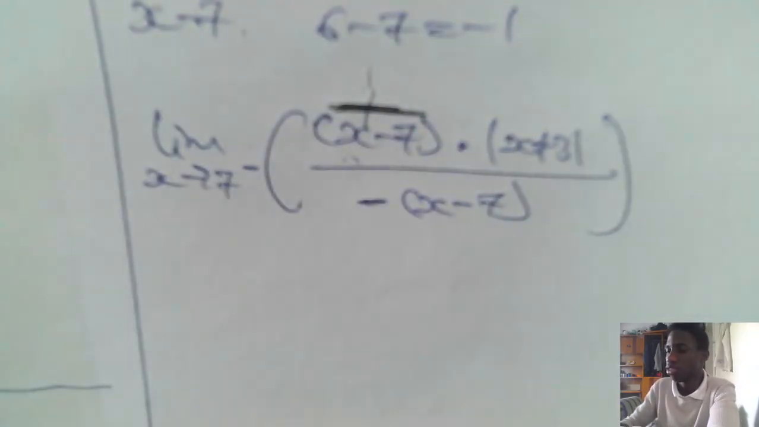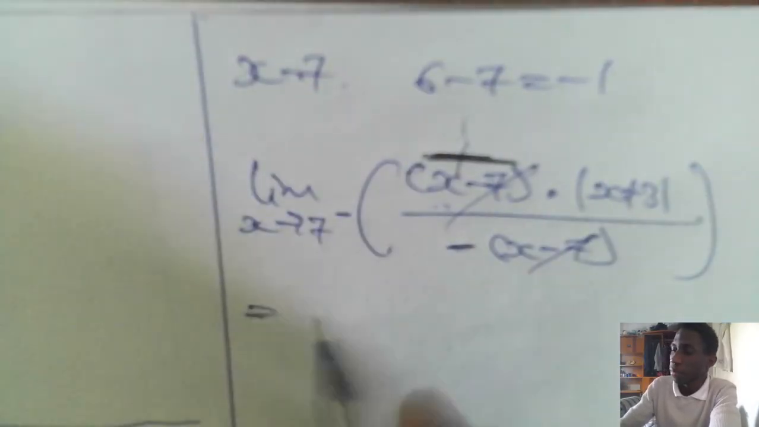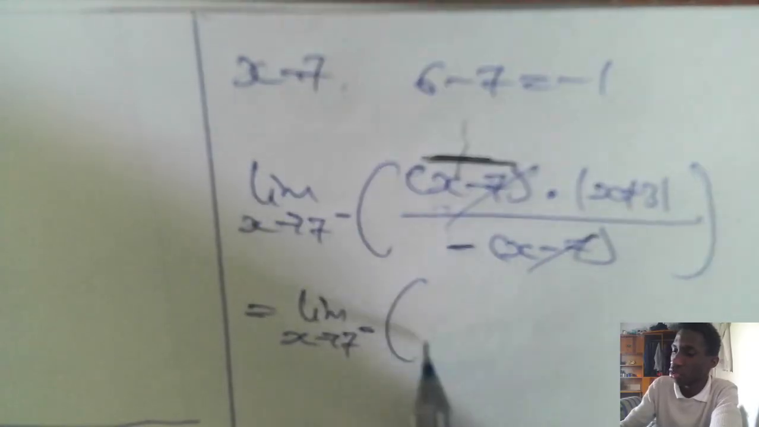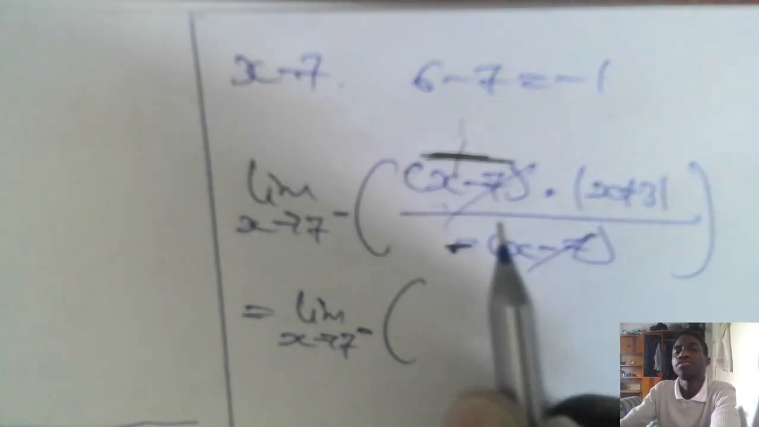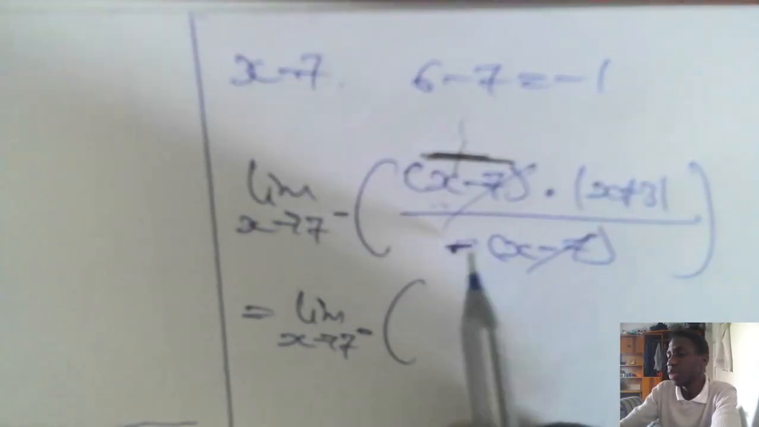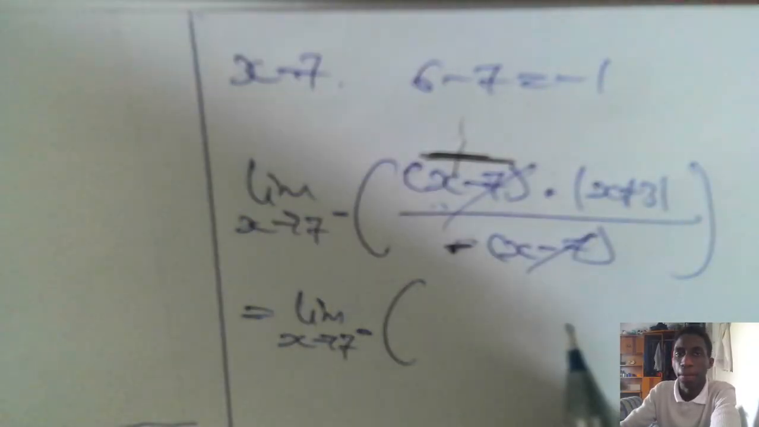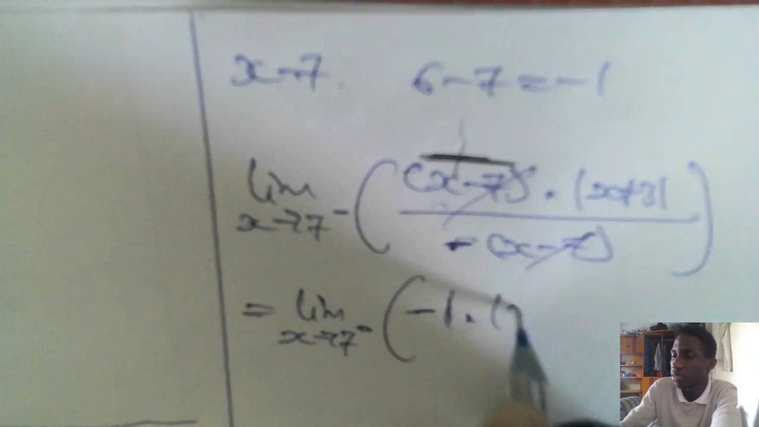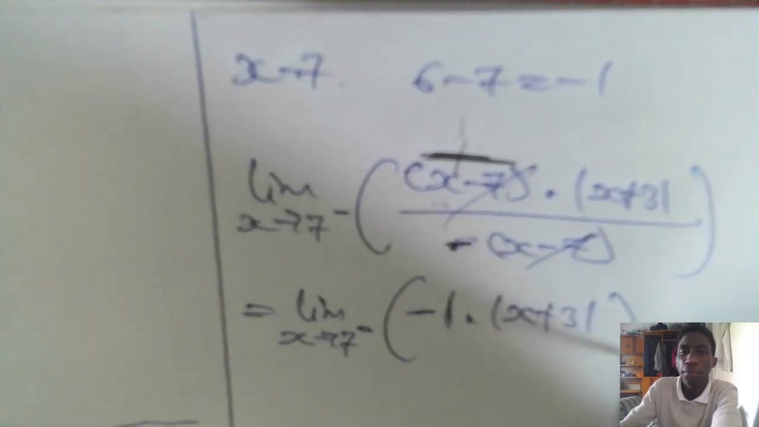Turns the negative to positive. But the denominator maintains this negative sign. So this will cancel this. You're left with the limit as x approaches 7 from the left of, well, this divided by minus 1 is minus that, so you have minus x plus 3, and